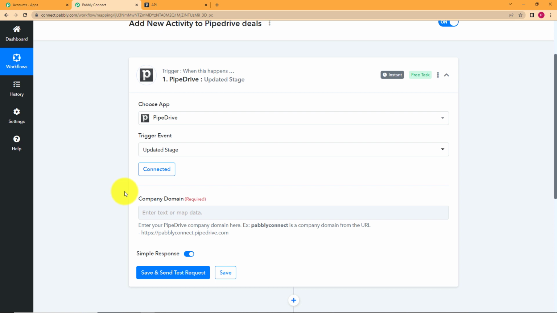Now comes another important step, that is entering the company domain. For that, you need to understand what a company domain is. The company domain is more like a recognition that you get about that website from the URL. For example, here it's given Pabbly Connect is the company domain. From the URL that's given down here, see, in this URL, before the dot and after the slash is your